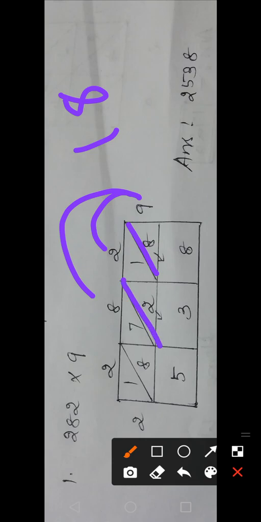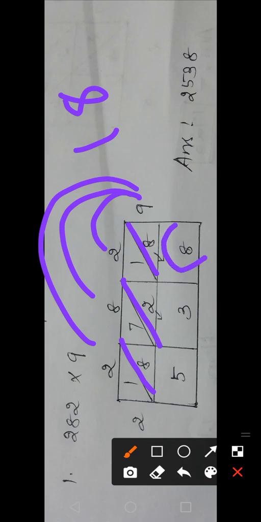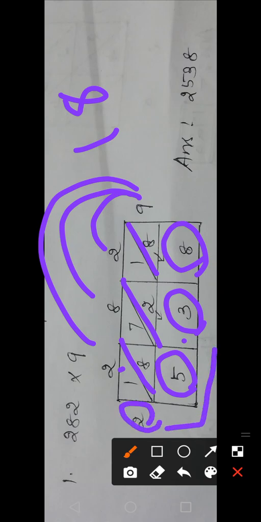Now 2 9s are 18. We know how to write that number, so you produce the line. 1 is above the diagonal, 8 is below the diagonal. Similarly, 8 9s are 72, and 2 9s are 18, written the same way. Now you see the slanting position. 2 plus 1 is 3, 7 plus 8 is 15, 5 here, remaining 1, 1 plus 1 is 2. So now you write the L shape, 2538. 2538 is the solution.